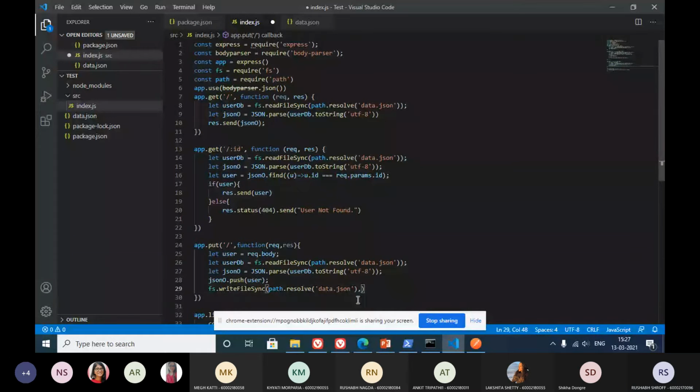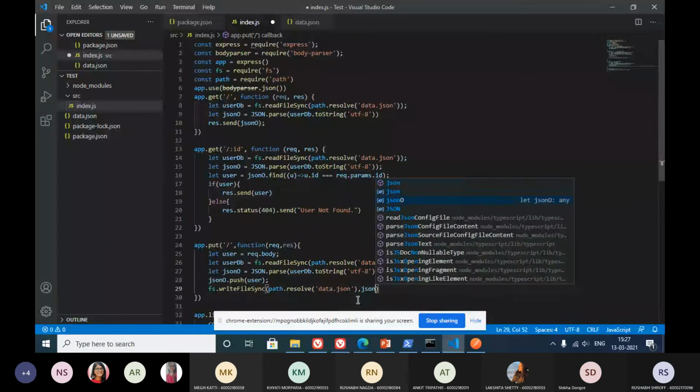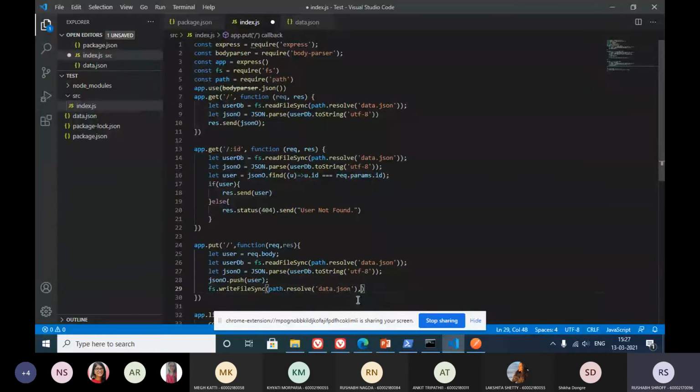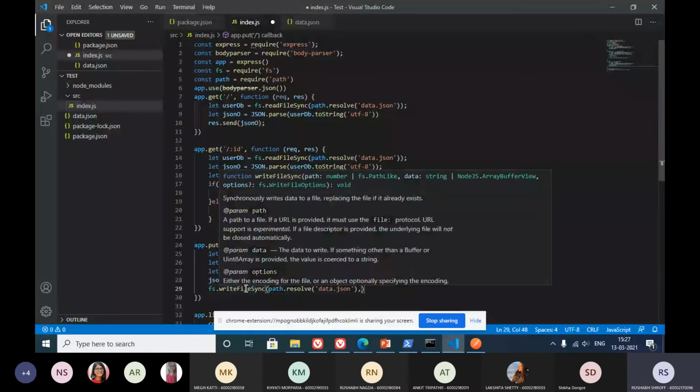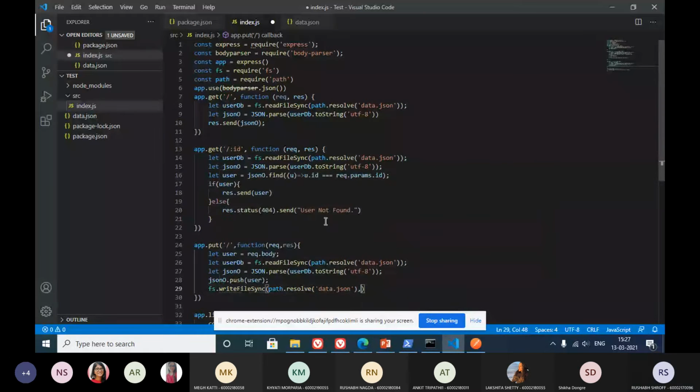But if we want to write this particular object into this file, we need to make sure that it is in the form of a string. Since over here we parsed it in the form of an object, now we again have to convert it into a string.